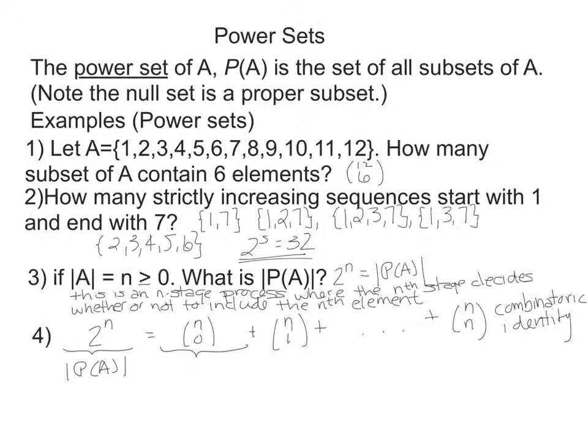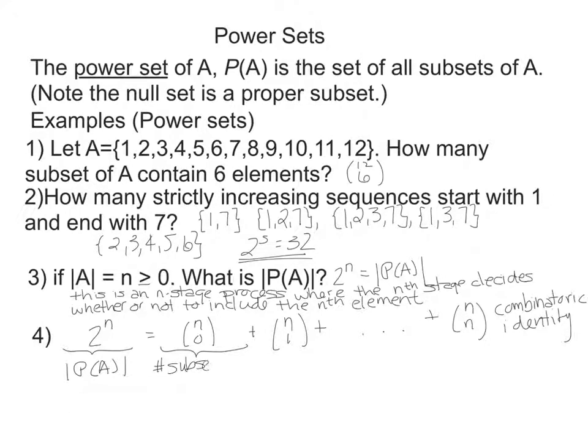The last example is more of a discussion than a problem. So I wrote down this combinatoric identity where 2 to the n is equal to n choose 0 plus n choose 1 plus n choose 2 all the way down to n choose n. What we can get from the power set discussions is a feel for why this is true. First, 2 to the n is the number of subsets in the power set. This will also give you a little more insight into how 2 to the n becomes equal to the cardinality of the power set. So the size of the power set is equal to the number of subsets with